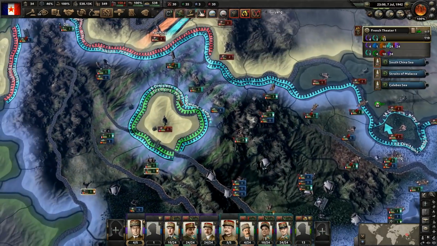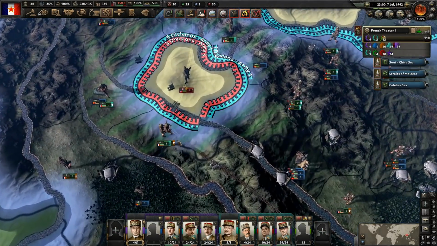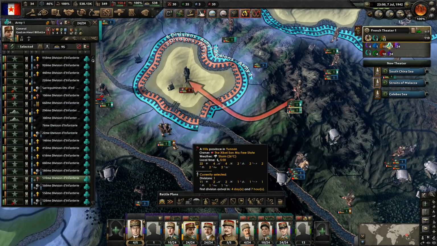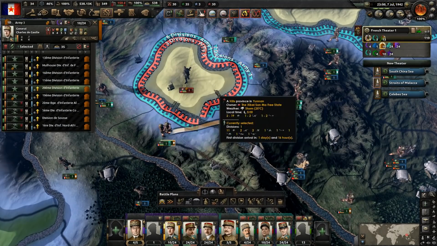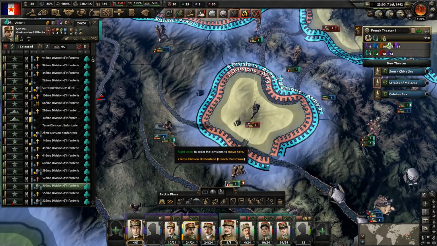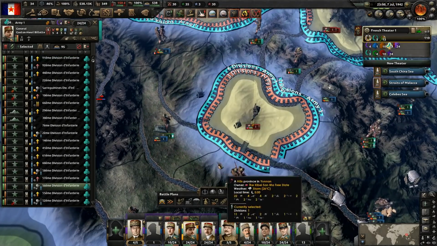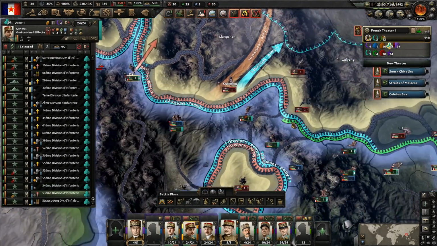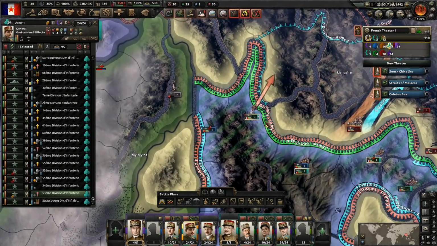Excellent. Alright, another unit has been cut off over here. So let's get him destroyed with this guy. He'll go this way and attack, and this guy's going to go this way. And we'll put this guy up over to this frontier. Now, we don't need to get all of